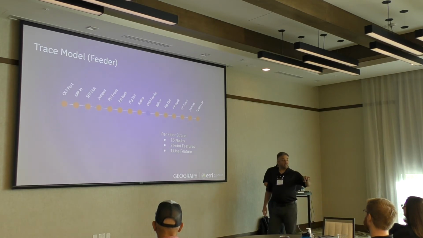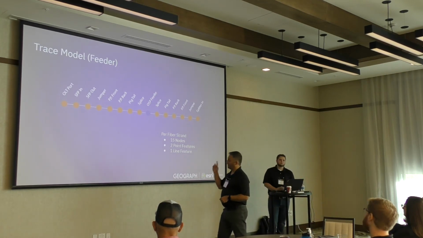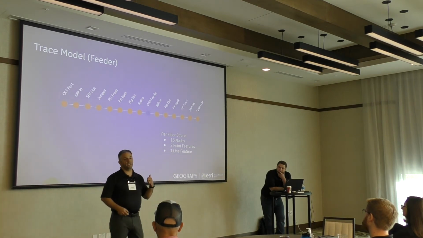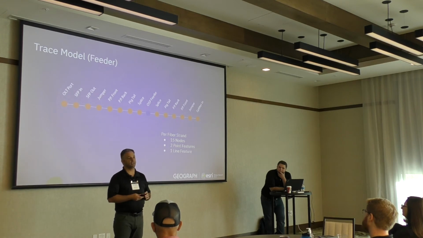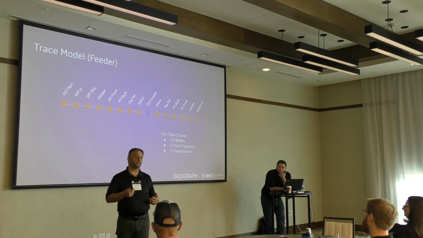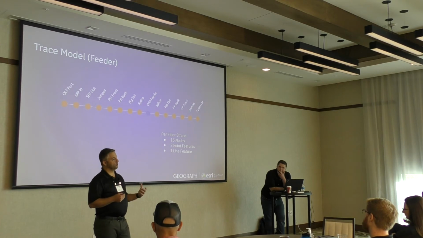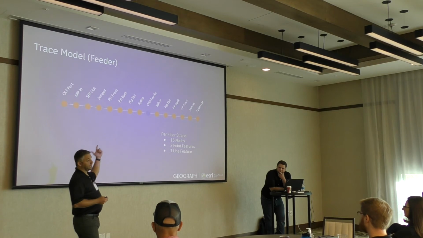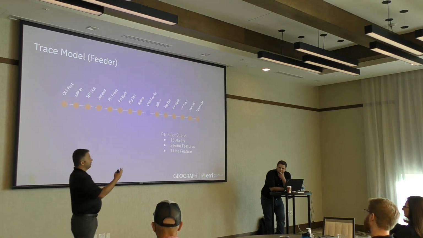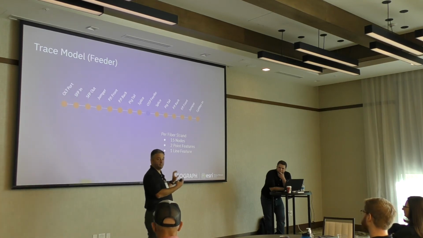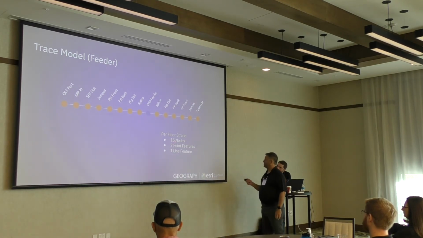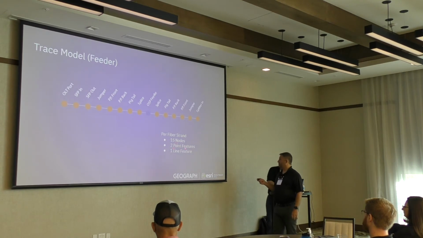I was talking to Eric, here's Eric, and I was giving him a little preview of this a couple of days ago, and he started to get excited because he wants to model sensing equipment on his network. So he deals with the campus, and their fiber goes to doors, to alarms, to things that he wants to put sensors on, and that can easily be inserted into this. But what we're looking at here, for the purposes of the trace model, is a typical feeder side, which consists of about 15 nodes, 2 point features, and 1 line feature.